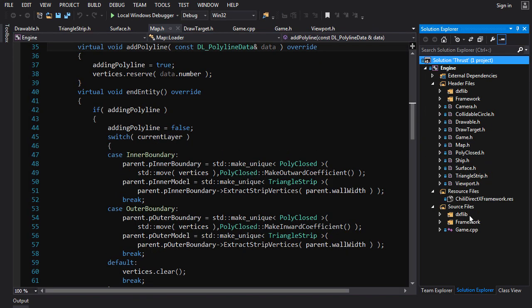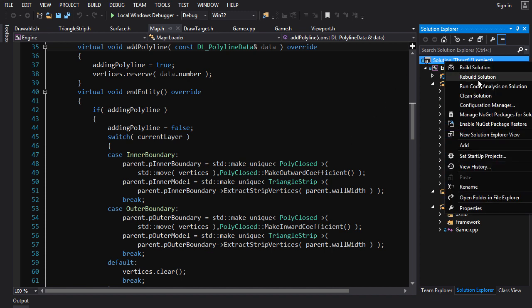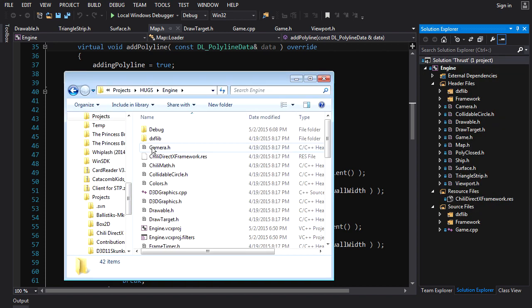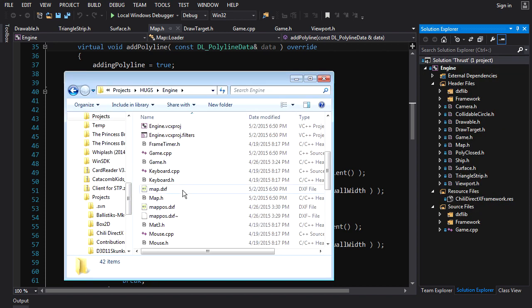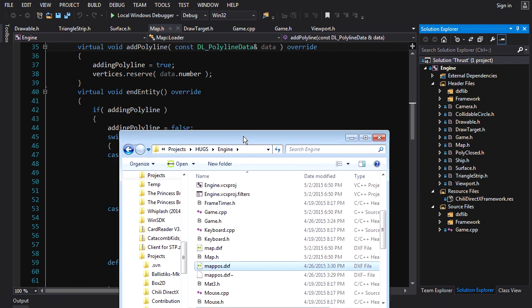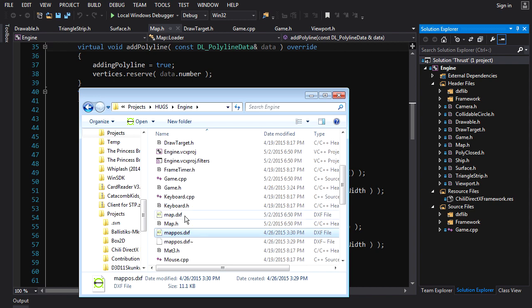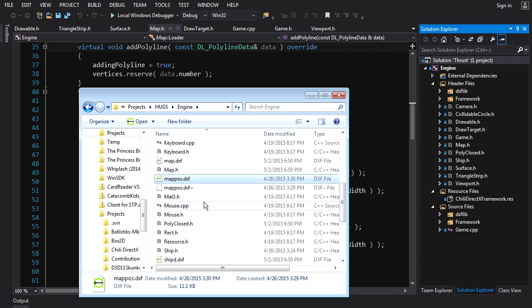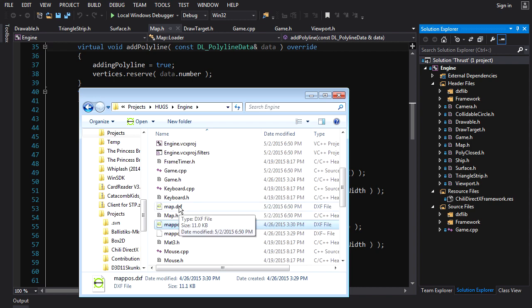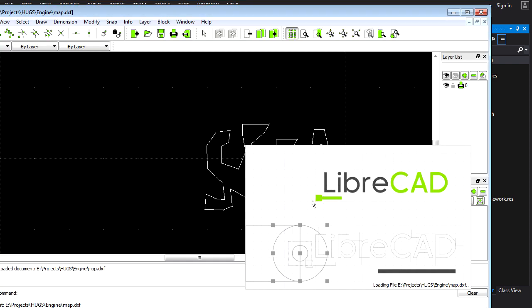And let's... well, there's a problem here. And the problem is, if I go here and I go open folder in File Explorer and I go to Engine, we will note that map in-out does not exist, which is a minor problem, but it can be rectified by creating it, and that's what we're going to do right now. For the purposes of debugging, we will create